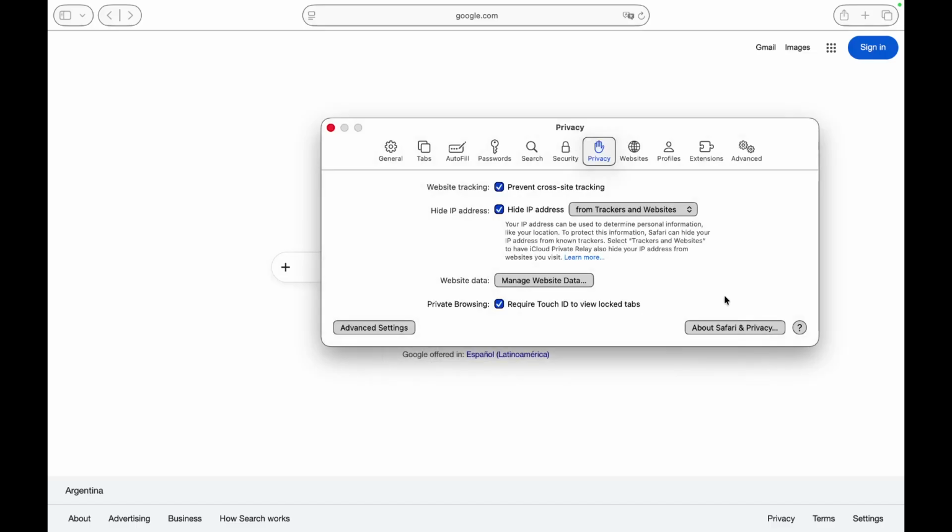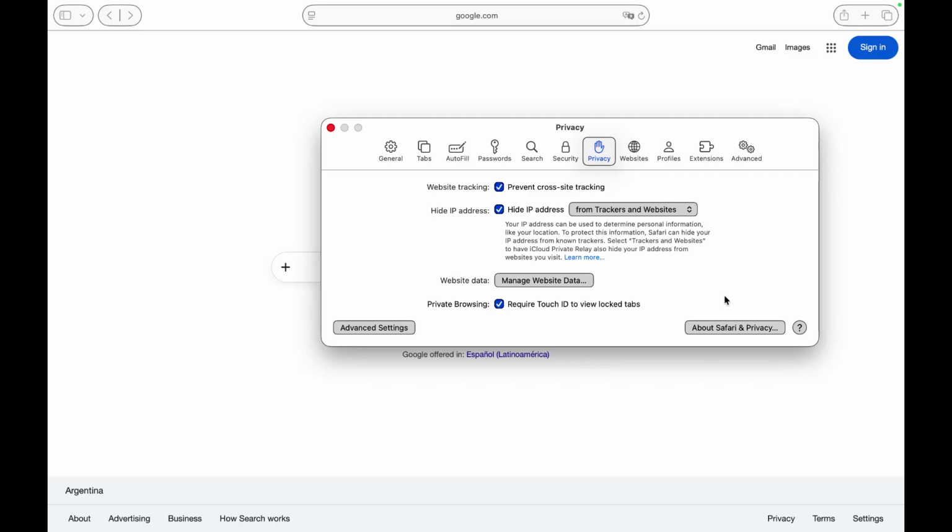Finally, after selecting specific websites or choosing to remove all cookies, confirm your choice. Once you click Remove or Remove All, you will see a confirmation appear. This message will assure you that the cookies have been successfully deleted. Clearing cookies is a simple yet effective way to enhance your browsing experience and protect your privacy. You can now continue using Safari without the clutter of unnecessary cookies.